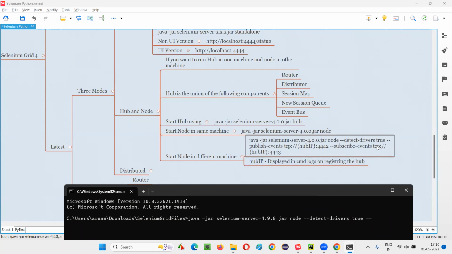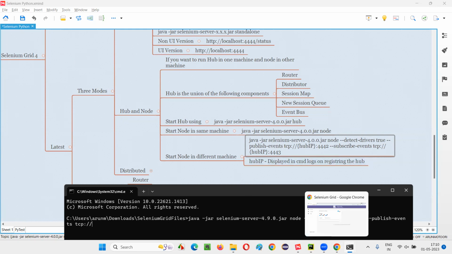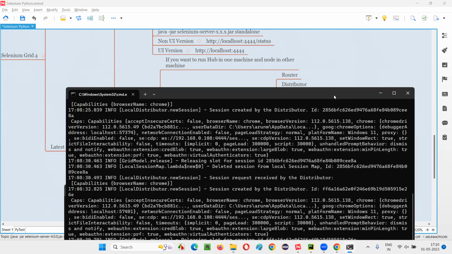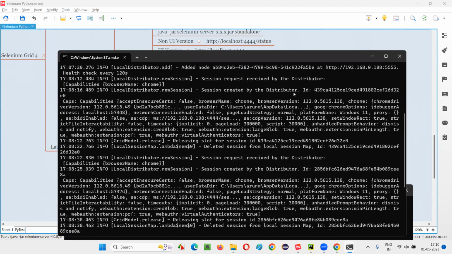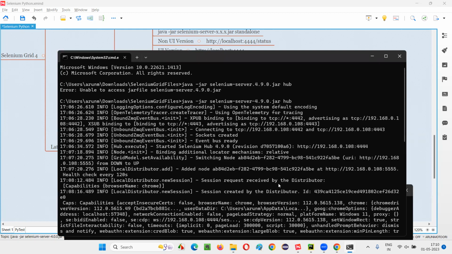Then --publish-events, then tcp:// Here you have to give the IP address of the hub. Where is the hub? The hub is running here. You see, where is the hub running? This is the hub, and the hub is running here on this IP at